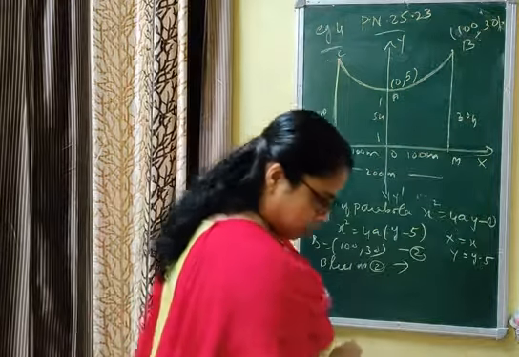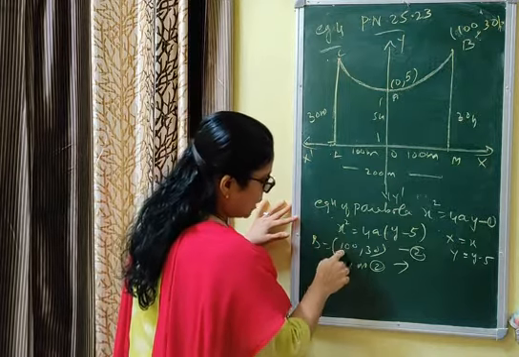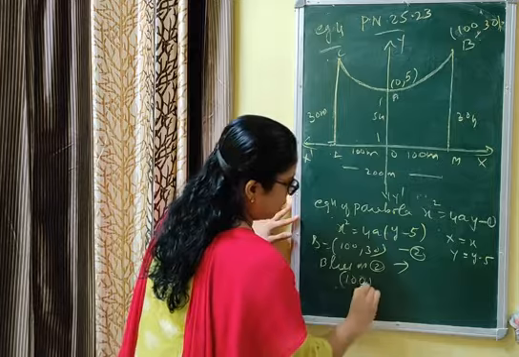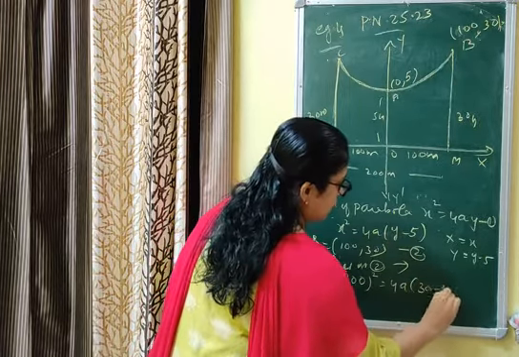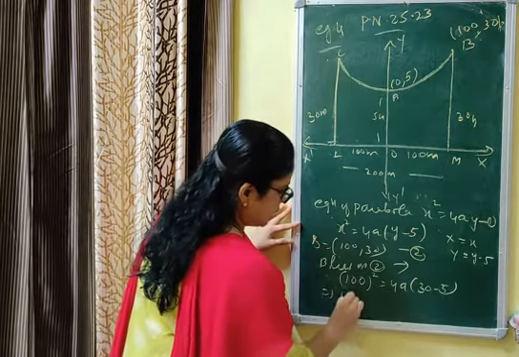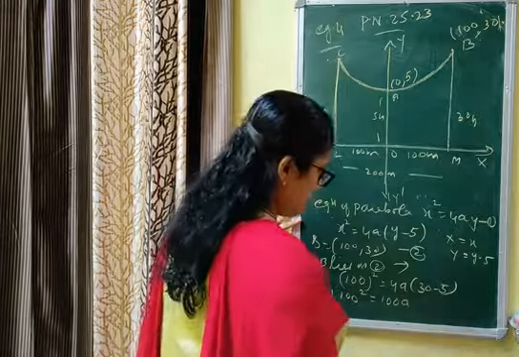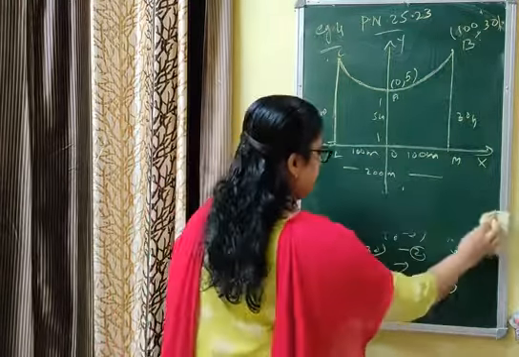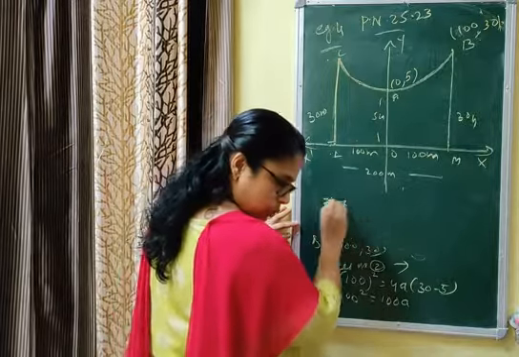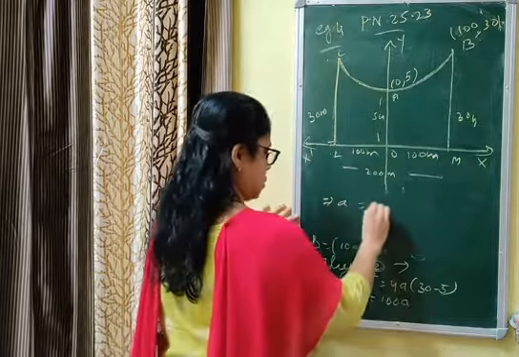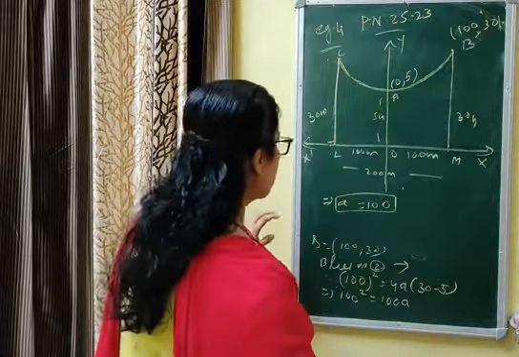Now again, in x square equal to 4a(y minus 5), x is to be replaced by 100, that is 100 square is equal to 4a into (30 minus 5). That means 100 square is equal to 100a, because 25 into 4 is 100. That implies, if you cancel it, you will get a is equal to 100. That means we have found the third step. Now what is the next step?